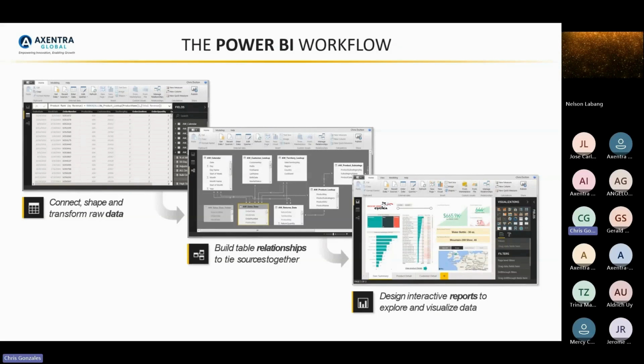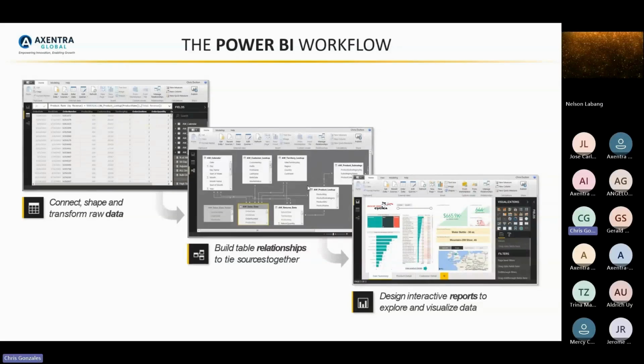So what we're going to do today, we'll start with the connection of our data. This portion, the first part, connect, shape, and transform raw data, applies to the backend interface. While the last two steps, building relationships and designing dashboard, apply to the front-end interface. All right.